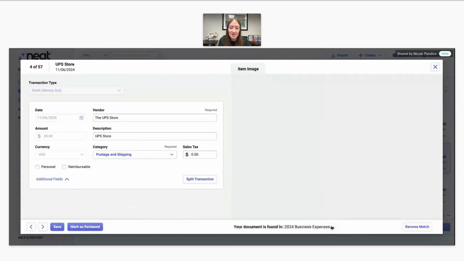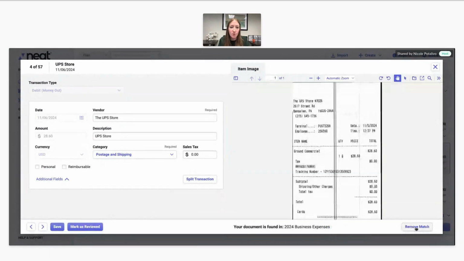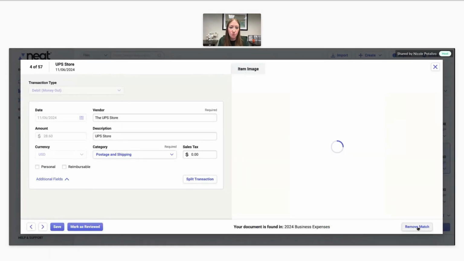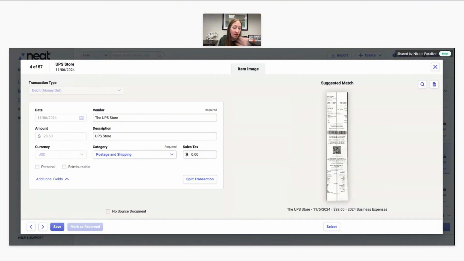You can also remove a match, like I mentioned. So if I selected this as my match, you also have the remove match option. I could just click remove match if this match is not the one that I want. Maybe I received a better copy of my source document, like this one has a line through it. Maybe I got an updated copy that doesn't have a line through it. I can remove that match and then select the new source document that I want to actually add to